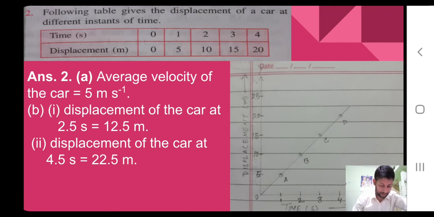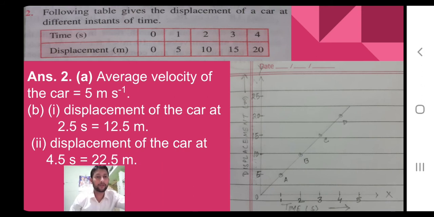Come to question number 2, where it says that a table is given for the displacement of a car at different instants of time. You have to draw a displacement time sketch and find the average velocity of the car. The second part is, what will be the displacement of the car at 2.5 second and 4.5 second. So as you can see,